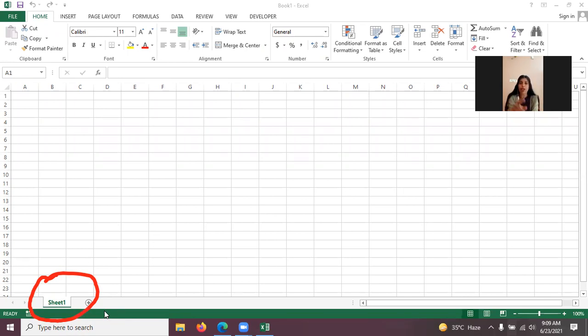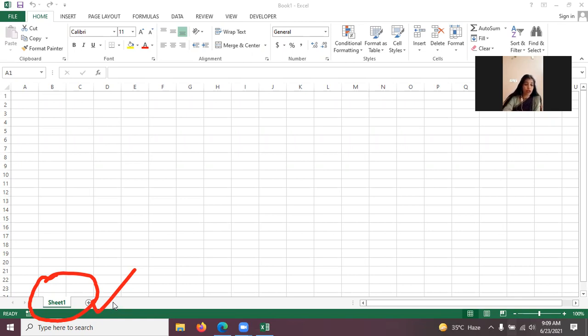Sheet 1, Sheet 2, Sheet 3, and so on, names will be given to your sheets. If you want to add more sheets, you just have to click on the plus button nearby, which allows you to add a new worksheet inside your workbook. If you want to rename these sheets, you can rename them. How? That I have explained in another part.